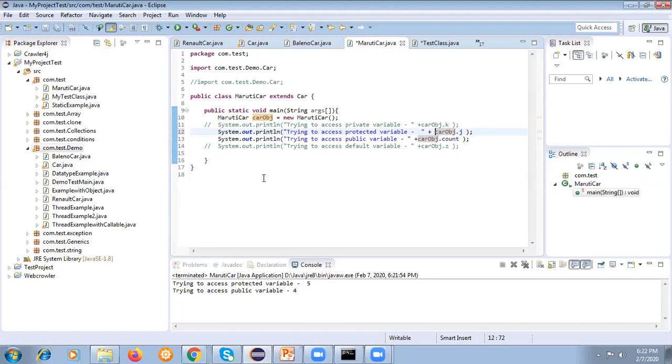I hope this access specifier concept is getting clear, along with these four different ways and how we can restrict the access. I have also covered the use of import statements, and how you can create an object of a class.